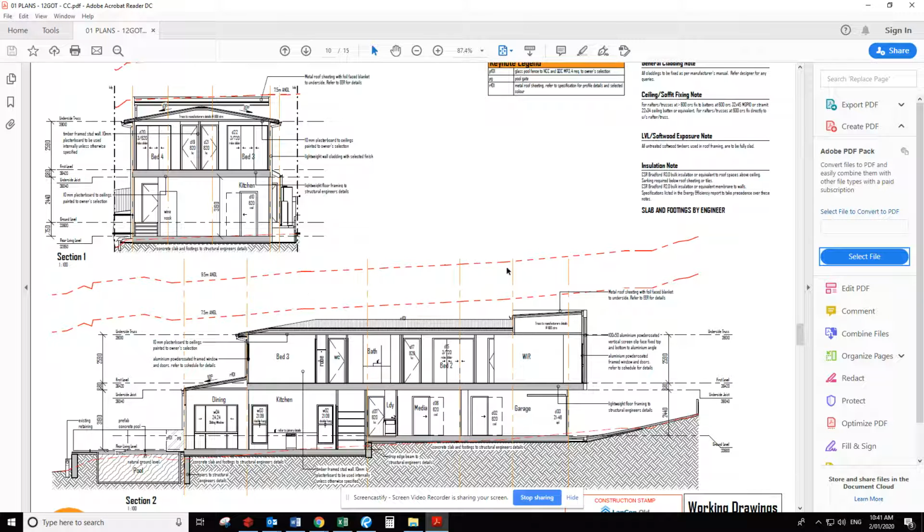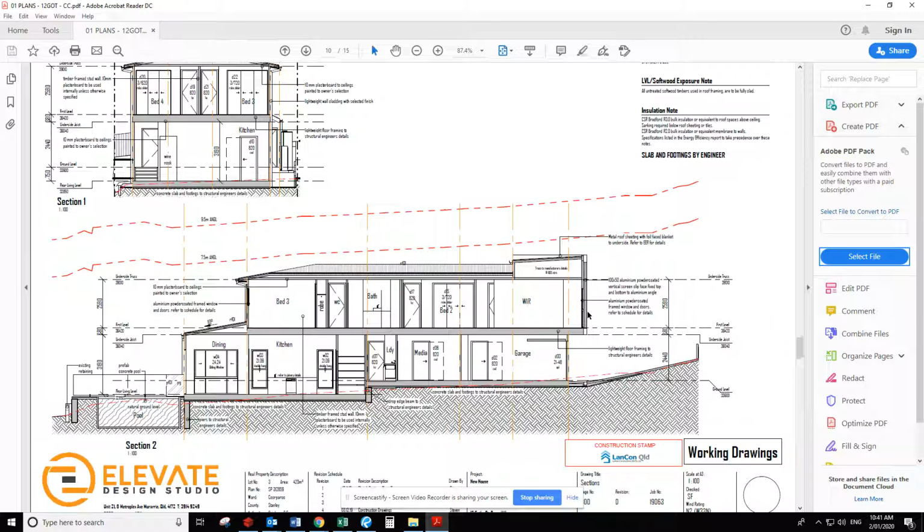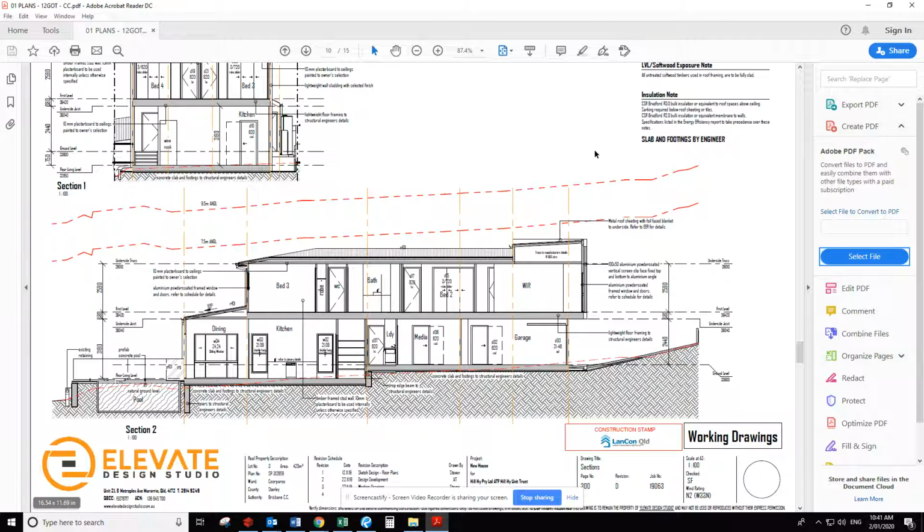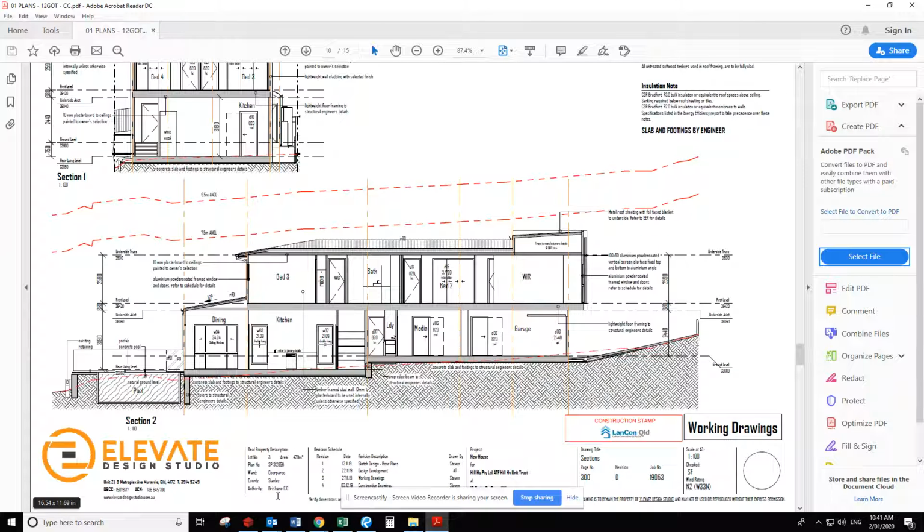So if it's a 3-story house, it would require a relaxation from Brisbane City Council regardless, and that would be something that would have to be noted in the tender document, that it hadn't been included or it had been included. That would be a conversation to have with the drafting company, the architect, and also the salesperson for the project. So in this particular situation, if this was a 3-story building and sat up here, I would just contact Stephen from Elevate Design Studio and Blake, the salesperson for Lancon for this particular client,